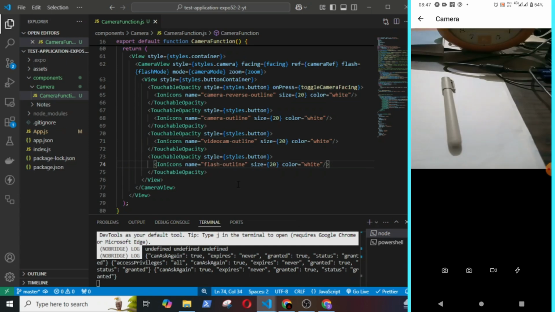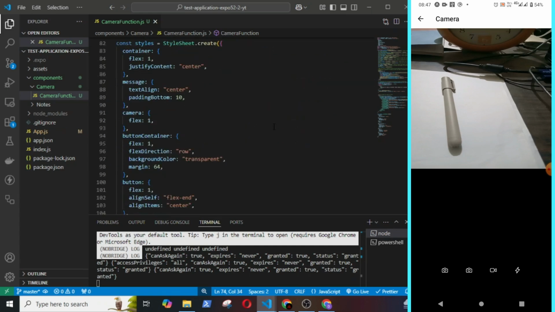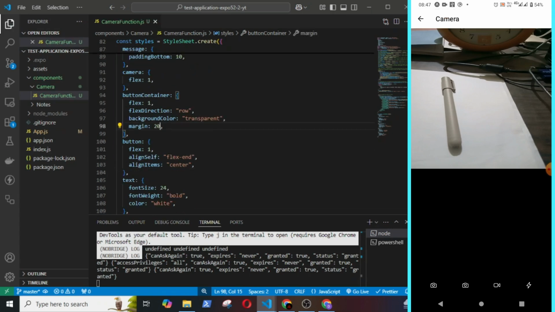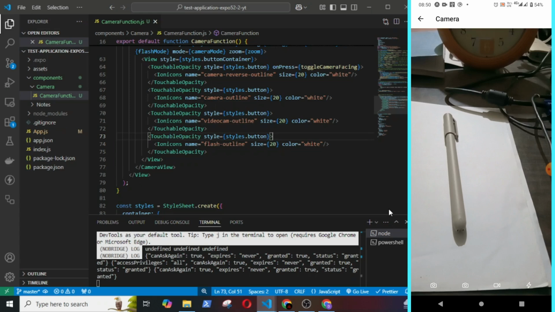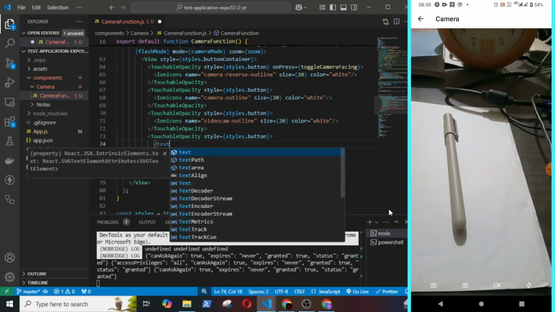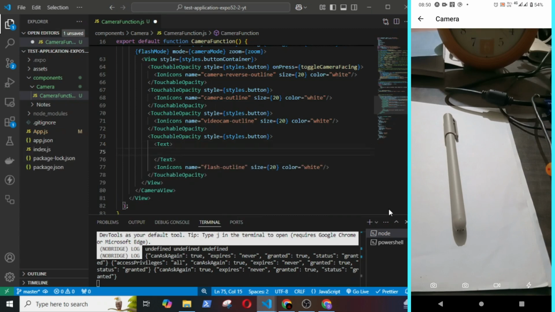Let's save it. Okay, the buttons are displayed at the bottom of the screen. Now I will make some changes to the style sheet. Here I will give a margin of 20. Save it again. Here I will add